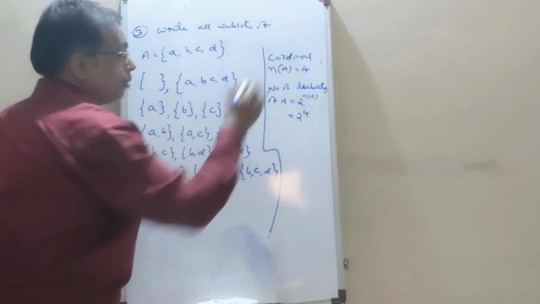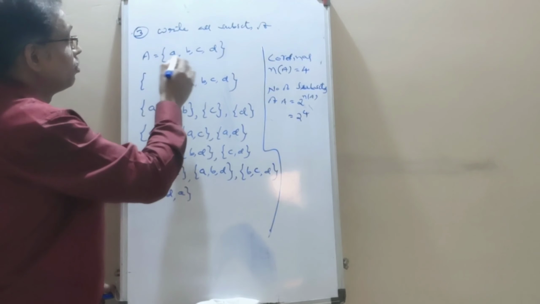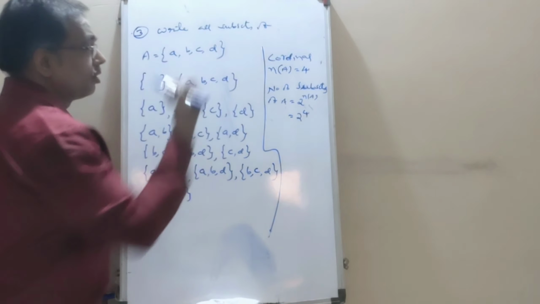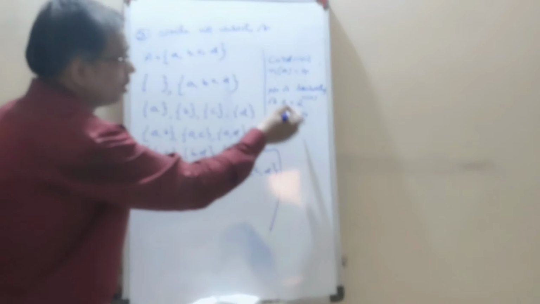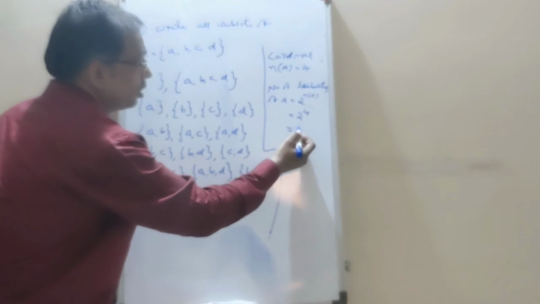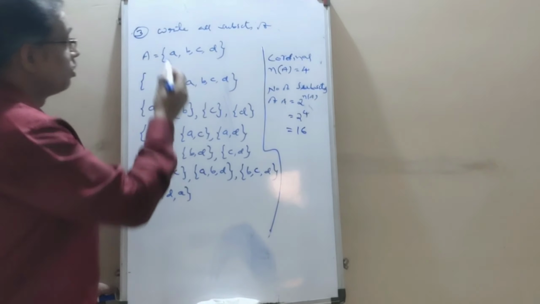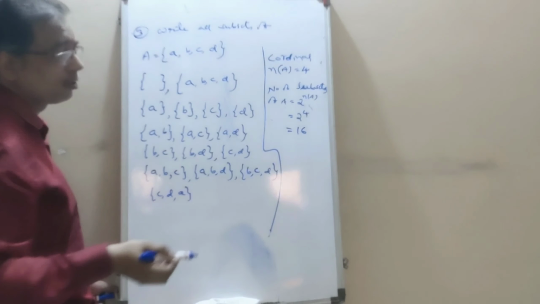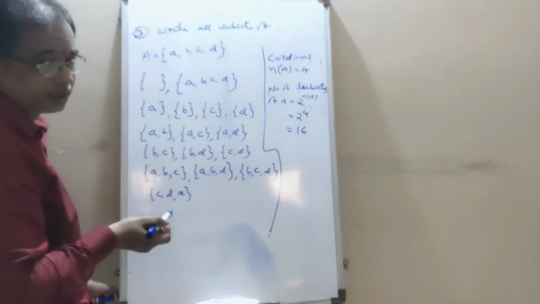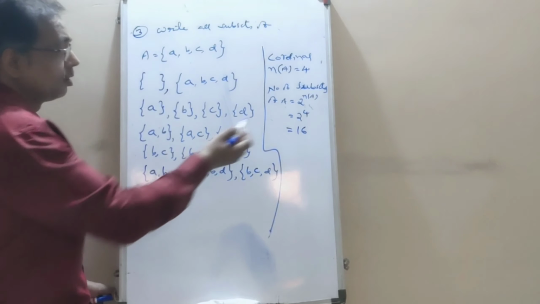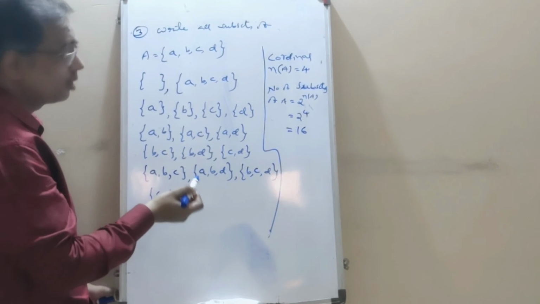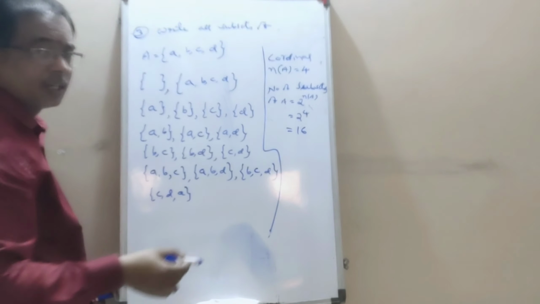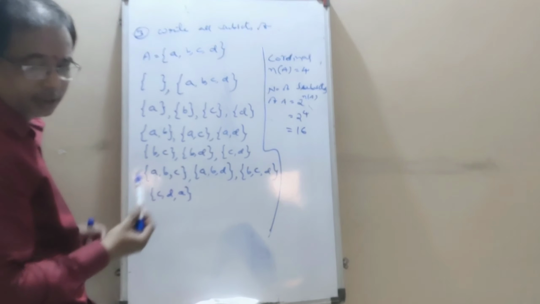Ordinal number, as we all know. So if you know the ordinal number of the set, then we can easily find out the number of subsets. That is 2 power 4, which is simply 16. So by seeing this set, we can immediately say the number of subsets of that given set. By knowing that there are 16 subsets, we can write all the subsets just like within the arrangements. Okay, so like this we can